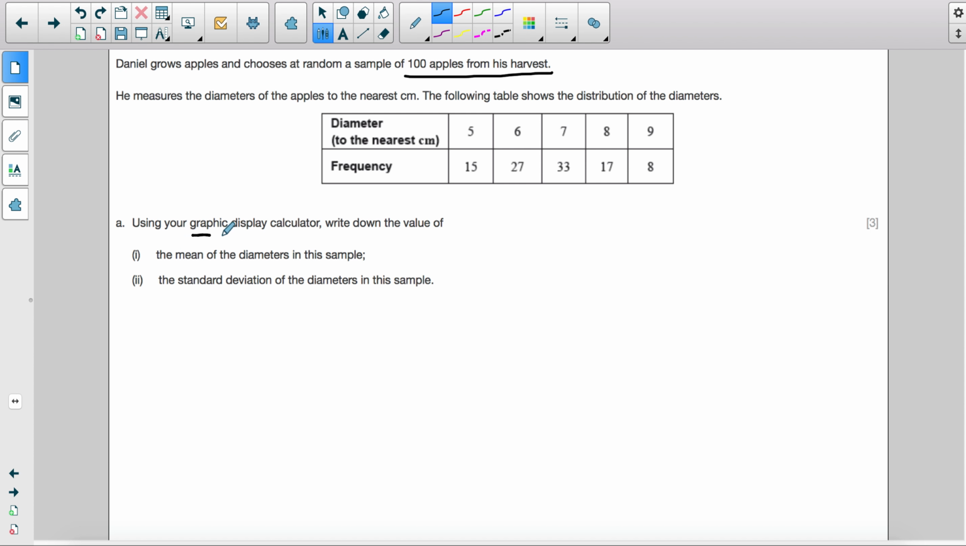Use your graphic display calculator. So this should be the first indication that it should be a quick calculation. You need to find the mean of the sample and the standard deviation. Remember that you can find all of this using the stat calculate option, but before that you need to add your data to your list. So in order to edit your list, you go to stat, and then you press on edit,